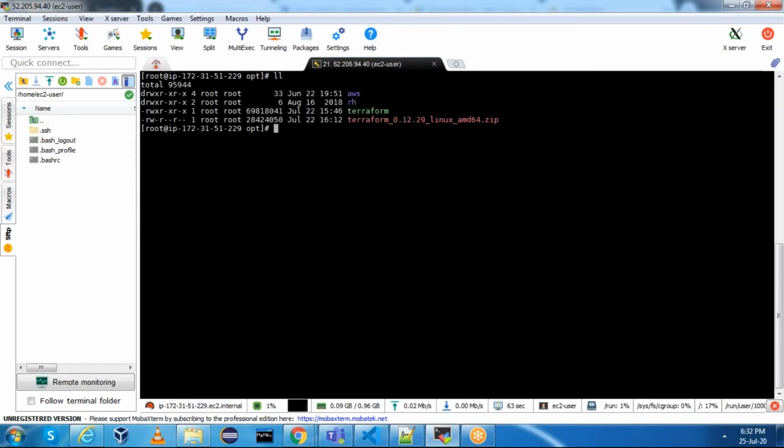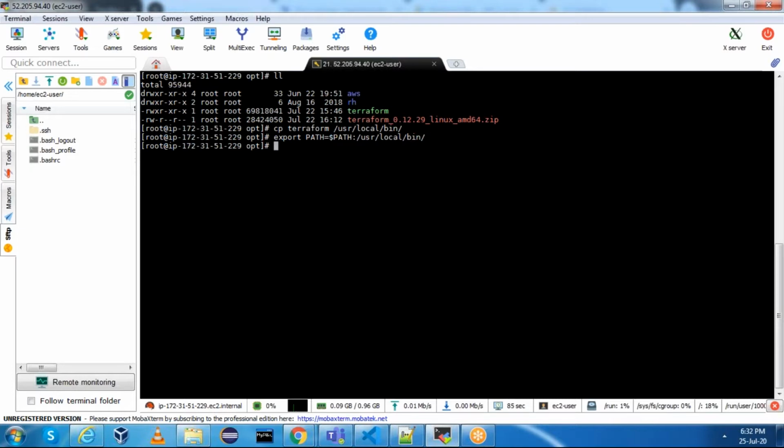Now, there is a file called terraform. Copy this terraform into /usr/local/bin and set /usr/local/bin to the path, $PATH:/usr/local/bin.